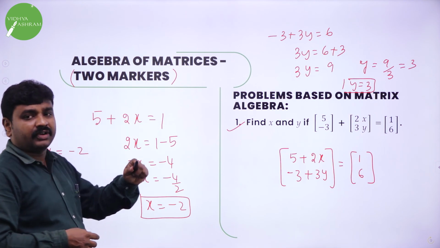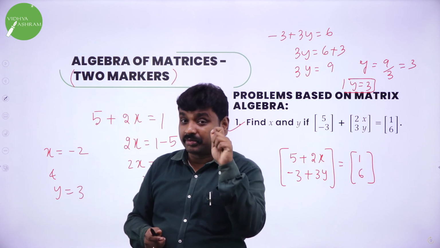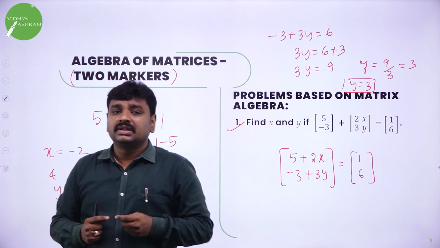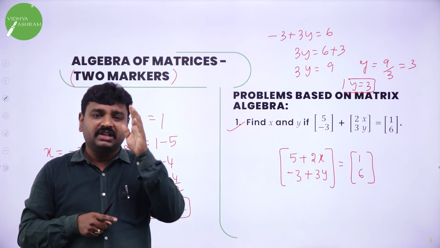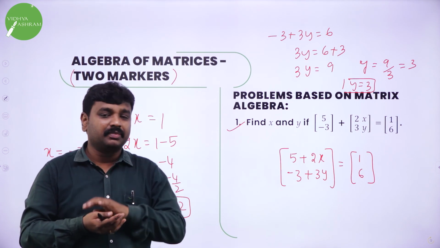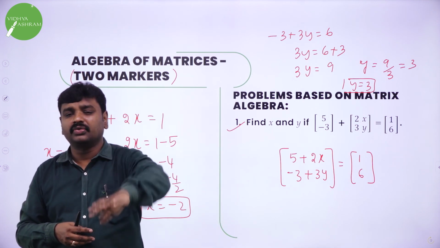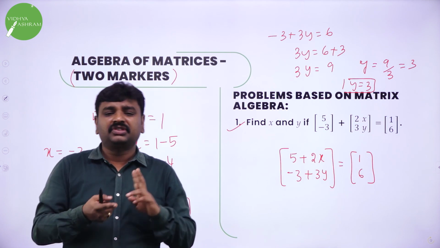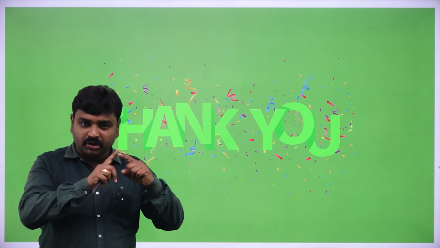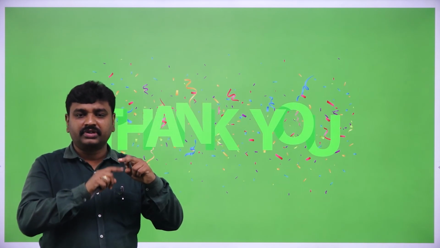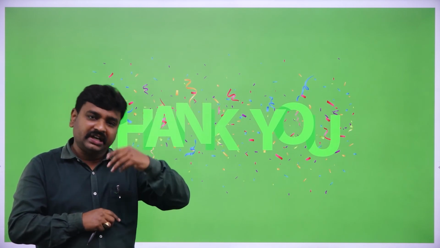So going ahead, we have many more problems we will be discussing, but what I expect from you is, for my next class, please revise the criteria to add and subtract 2 matrices and revise the definitions. Today we have done one scalar matrix. I will continue with further more problems, but I expect you people to become thorough with the definitions and basics of algebra of matrices. Please revise my last 2 sessions, become thorough with definitions, and become thorough with the rules of algebra of matrices, that is addition, subtraction and multiplication, and attend my next session.